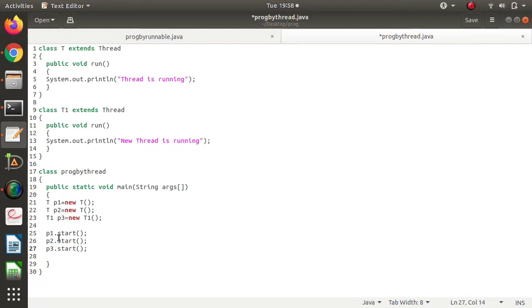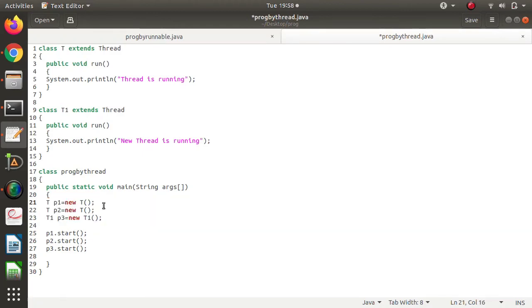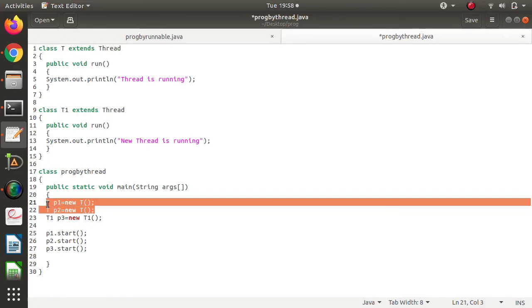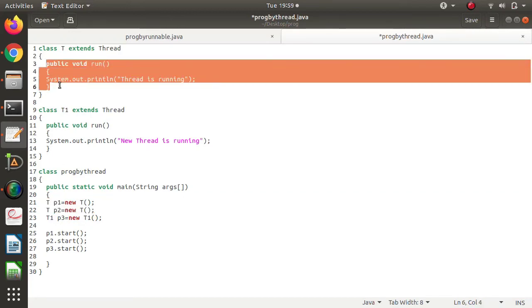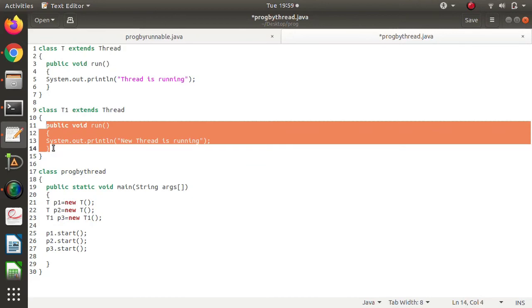So in this case we have created three threads, and for that we have called the start method. Out of these three threads, two threads have similar tasks, in the sense they are running the same run method, while our third thread is running these other statements.